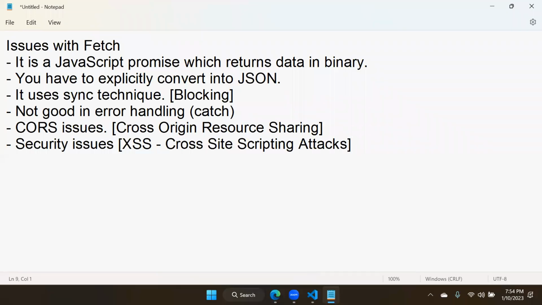Cross-site scripting attacks. If you are not aware of this, I will explain some security things at the end of React. That means at the end of React, we will learn how to secure a React application. What are the security concepts we need to implement? Securing a React application means